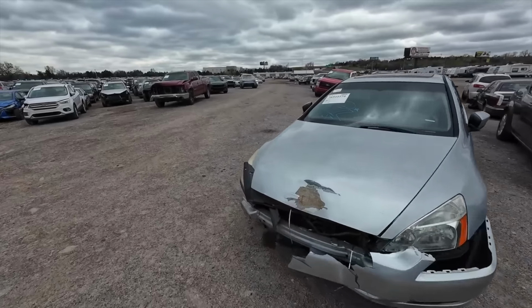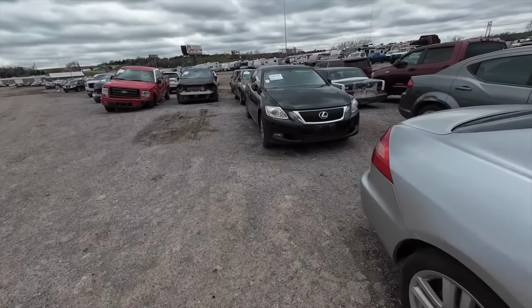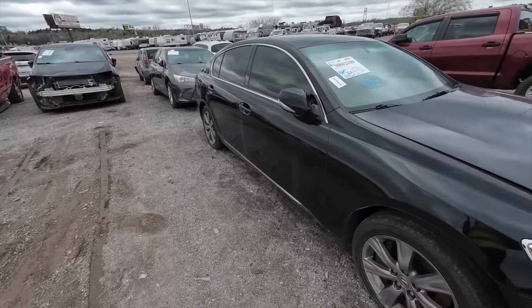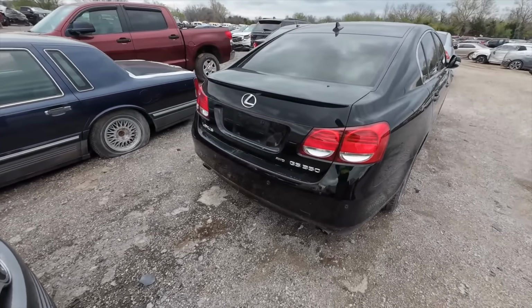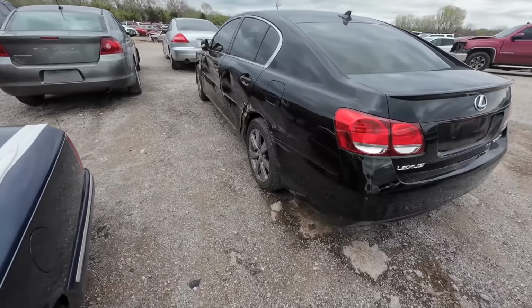Continuing on, guys. We got a row after row after row of cars to look at. How about this Lexus? Looks like a little GS, what, 350? This doesn't look too bad. And we don't generally bring Lexuses to the channel. This is nice, though. Oh,